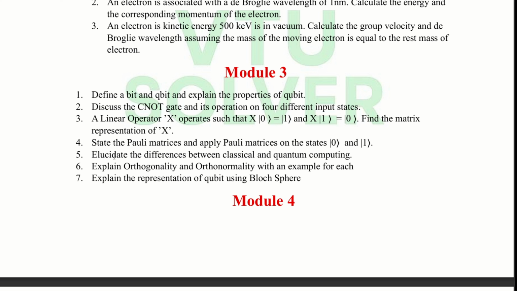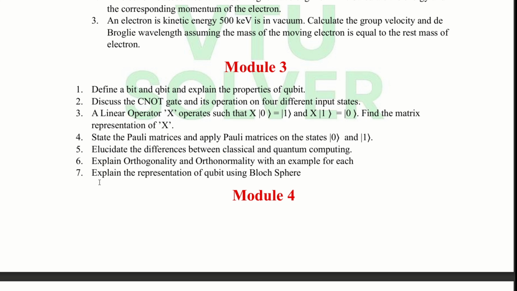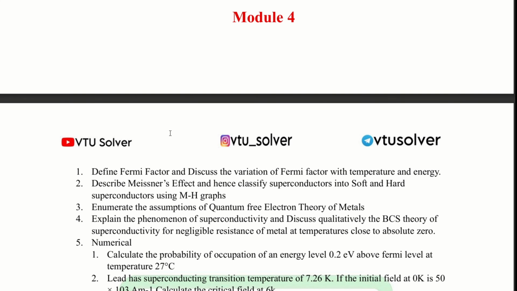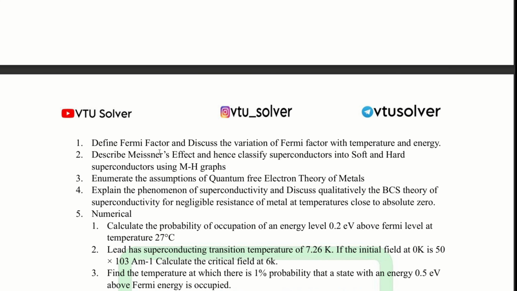Fifth question is evaluate the difference between classical and quantum computing. The sixth question is explain orthogonality and orthonormality with an example for each. And the seventh question is explain the representation of qubit using Bloch sphere. The next module, fourth module, the first question is define Fermi factor and discuss the variation of Fermi factor with